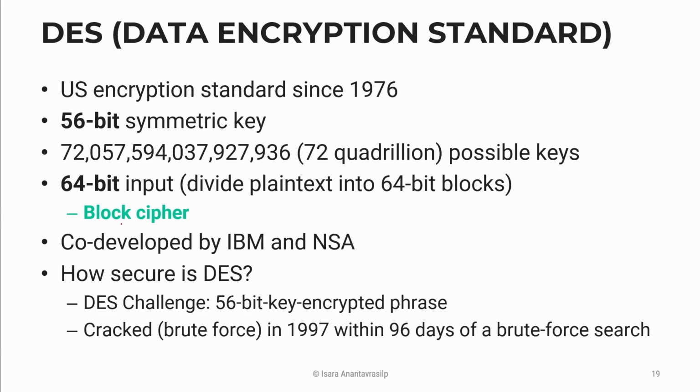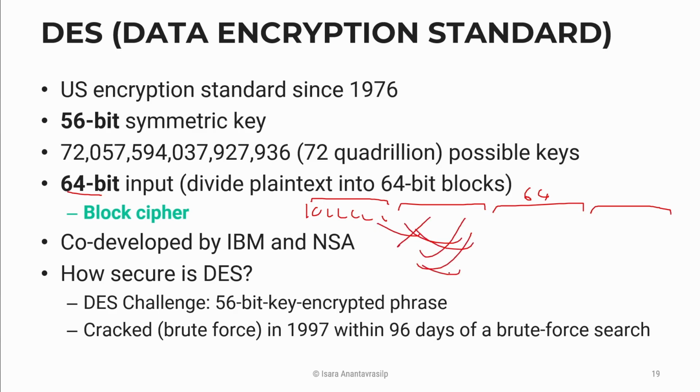DES used what we call a block cipher technique. What it does is that it divides the stream of bits, 1 and 0, 1 and 0, into blocks of bits, and each block is 64 bits long. And then it scrambles all these blocks together. In the end, you have a different stream of bits, and the receiver has to descramble these blocks back to the original stream of bits.